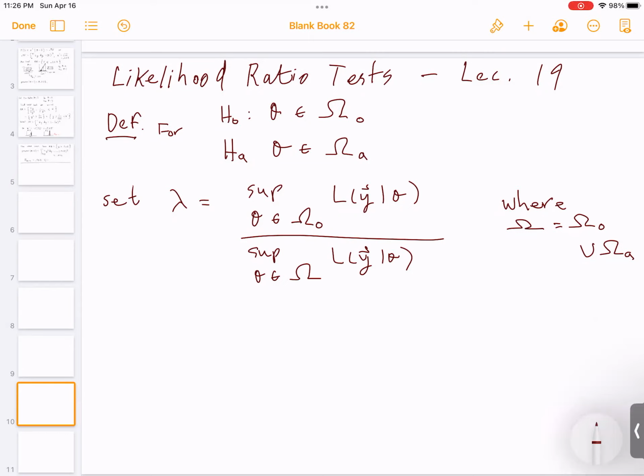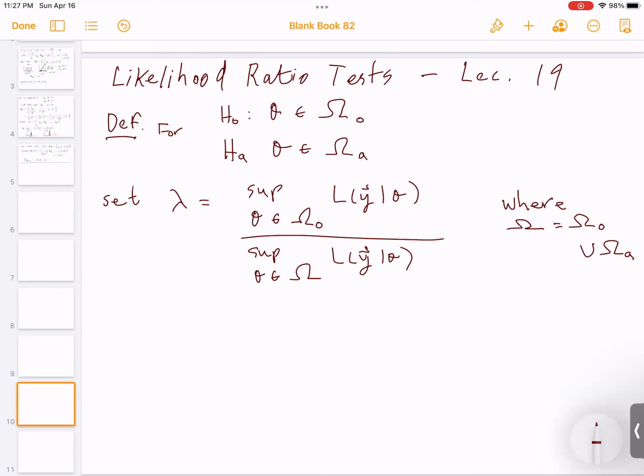Okay, we're back with a new topic, likelihood ratio tests. These are probably the most versatile and famous hypothesis tests. Probably one lecture, maybe it goes a little long, maybe I'll break it into two. Let's see how it goes. All I want to do is define it and see how to compute it for a very common situation